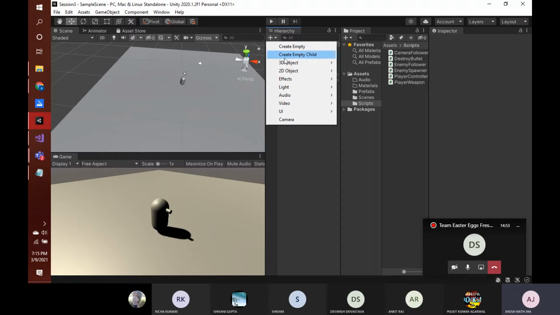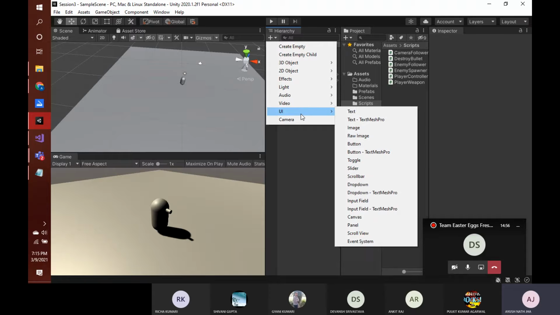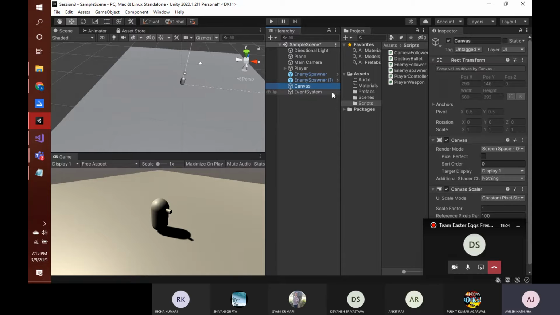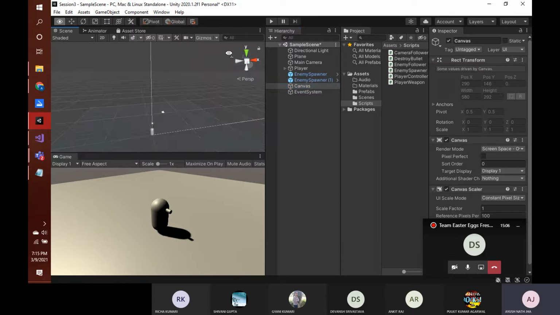If I click on this plus sign, I have this list, and in the UI part, if I go down here, I have an option of canvas. When I click this, you can see that a canvas is added to the sample scene, and a very big 2D region has been defined.